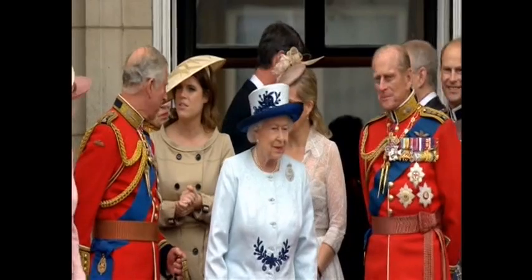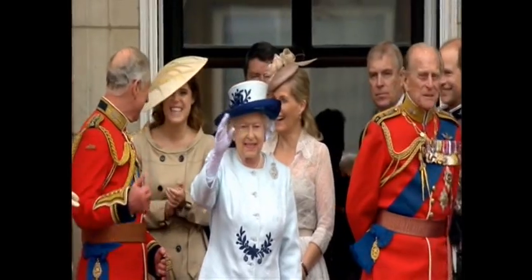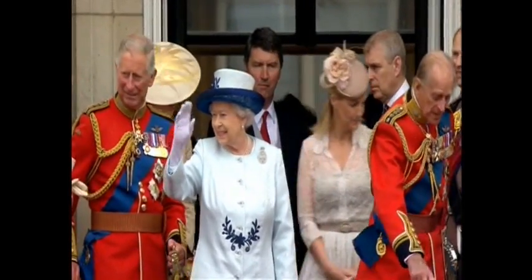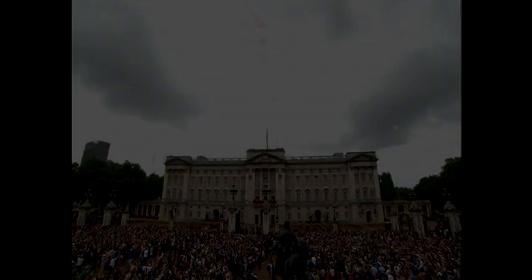'14 is the 50th display season for the Red Arrows. It's great to see them. Queen enthusiastically thanking the crowd. Duke of Edinburgh having a